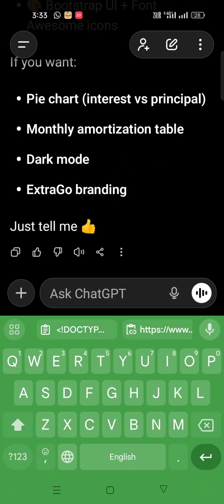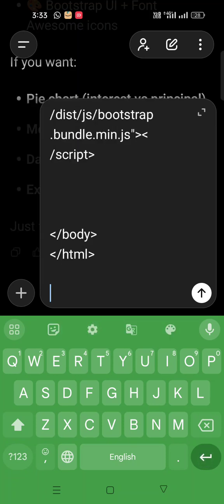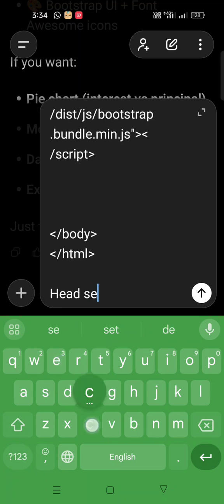So I will paste the code here and will give a prompt. Head section, color mismatch.